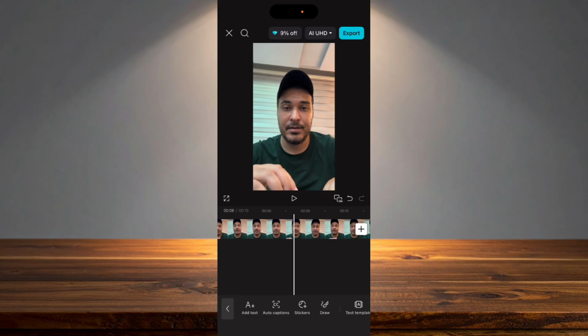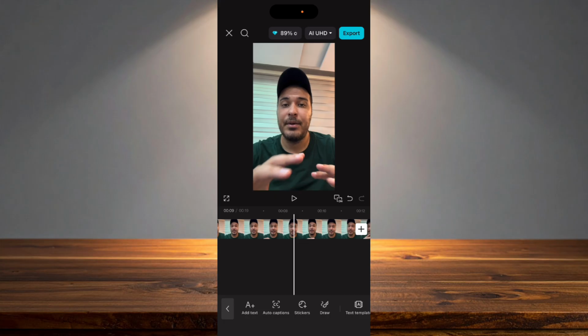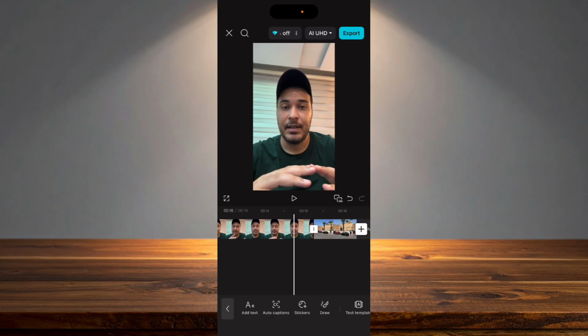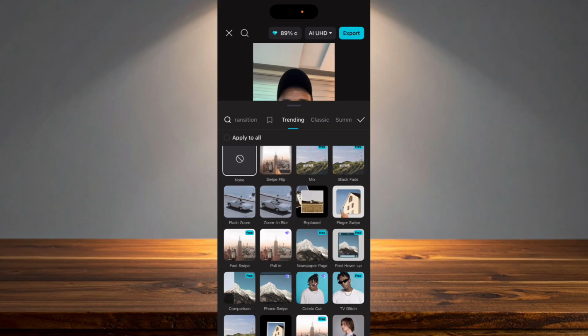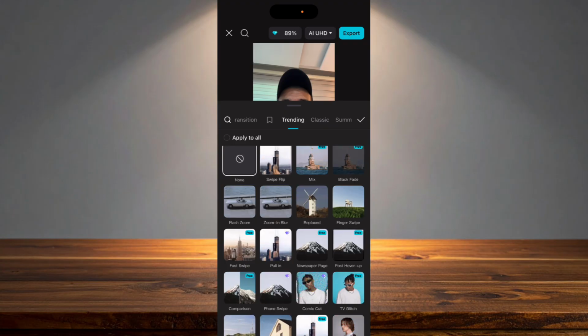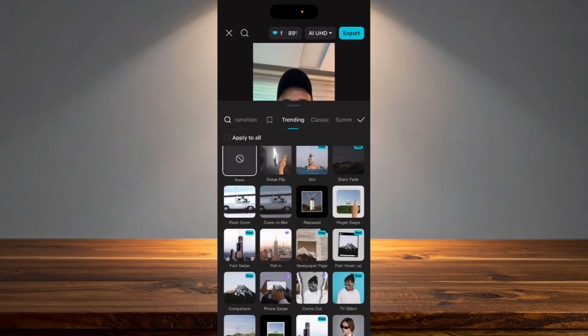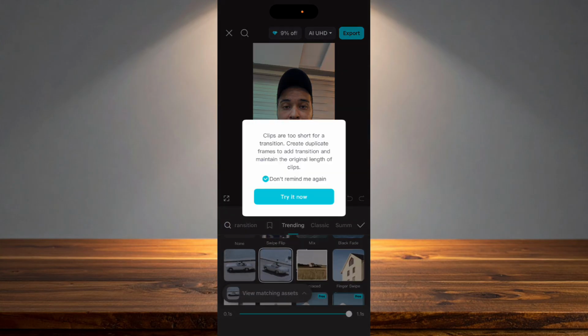After that, if you want to add transitions to your video, for example, you are moving from scene A to scene B, as you can see, there is that white square between, for example, here the video and the picture, and it may also be between two parts of your video. You have just to click on that white box. And here you will have a lot of transitions. Some of them are free and some of them are paid. Of course, you have the choice to use the free or the paid one. For example, here I will use this free one